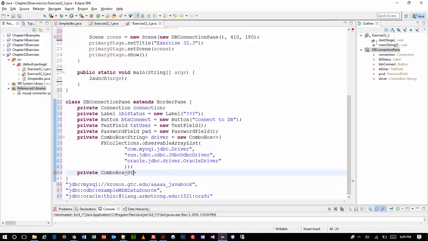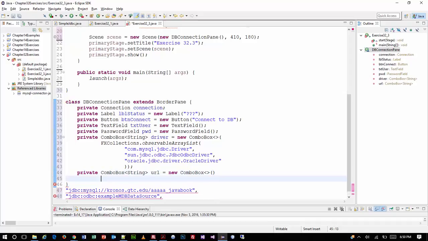This combo box is going to be put together just like the previous one. The previous one was called driver, and this one is database URL basically. So I don't know what you want to call it. Yeah, let's call it URL. And this is going to be new combo box. Once again, we got our parentheses in there. Inside those parentheses,